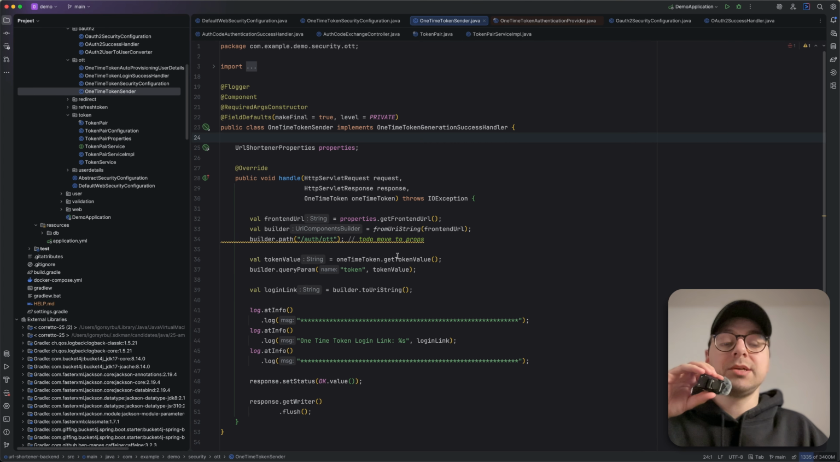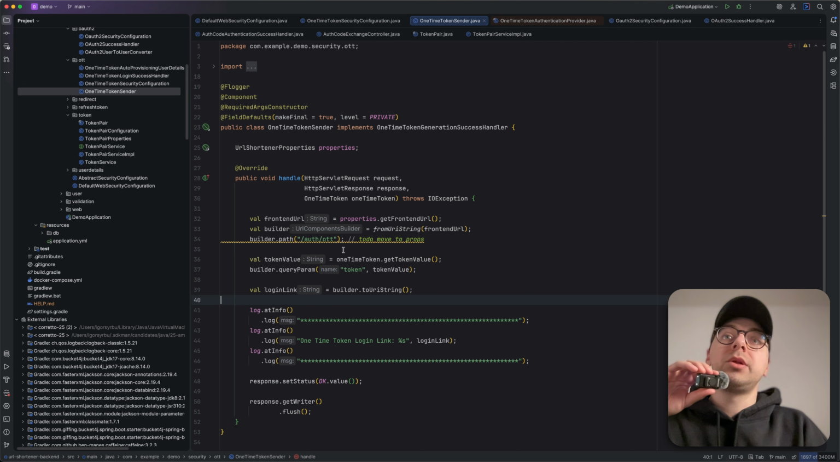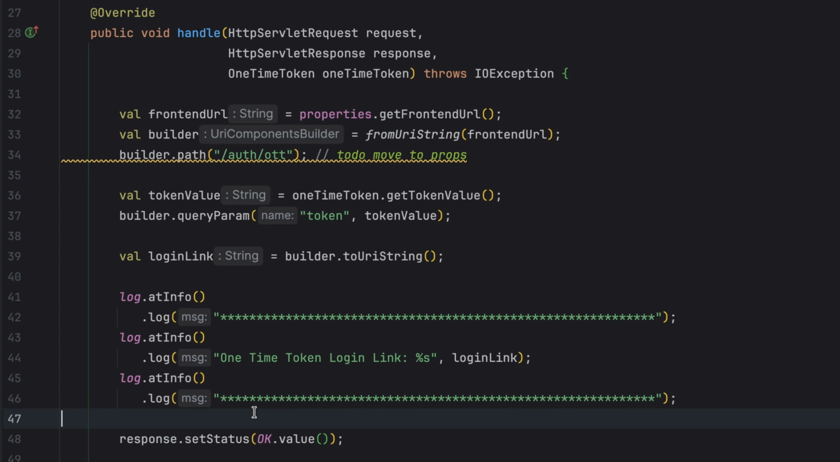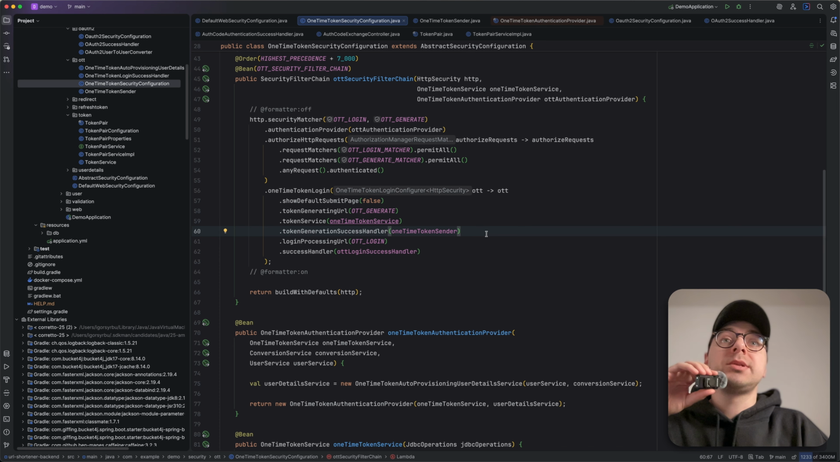So once the token is generated internally and stored in the database, the end goal of this component is to send the magic link email to the user. However, since I currently don't have any integrations with email providers, I simply output the magic link in my logs. Alright, so once the token is generated and sent to the user,